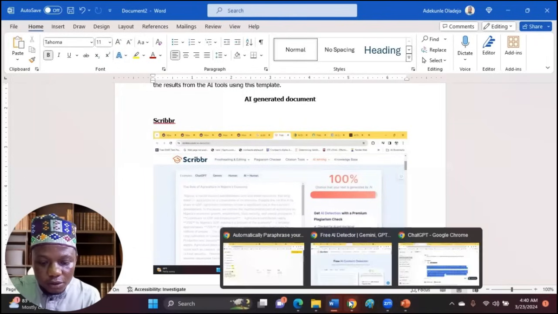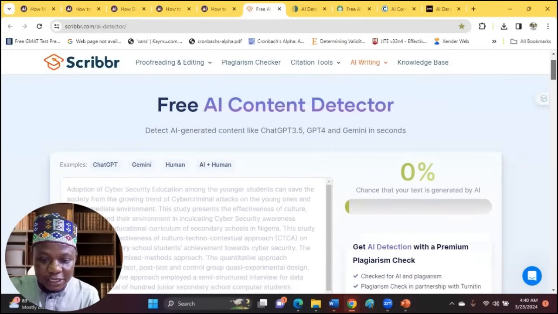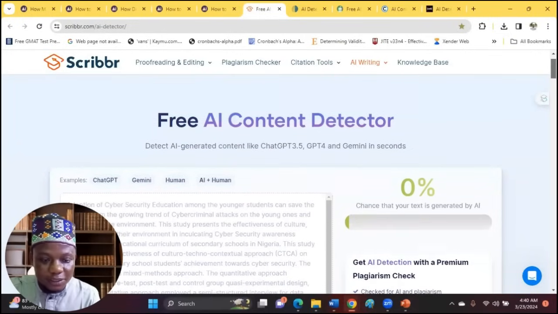Okay, for Scribbr, what I got earlier was 100% from the AI generated documents. All I did was to screenshot that. So, okay, let's say I want to replace that with this. Let me do the second part of that assignment, which is for the human generated document. If this were to be my answer, all I would do is, for my own computer, there's a key here